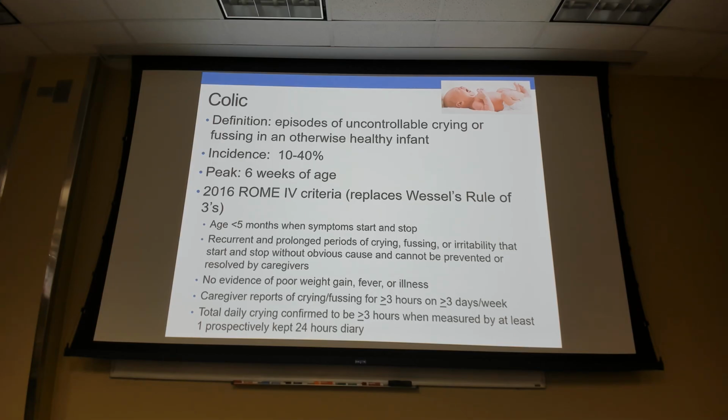So those were the old rule of threes. We now added that they have to be under 5 months before this starts and stops, right? So if you have a 1-year-old who's doing this, we are no longer in the colic range. So under 5 months when it starts and stops,